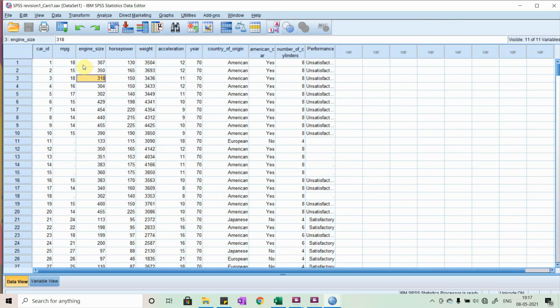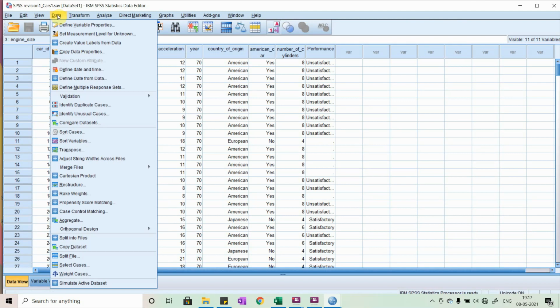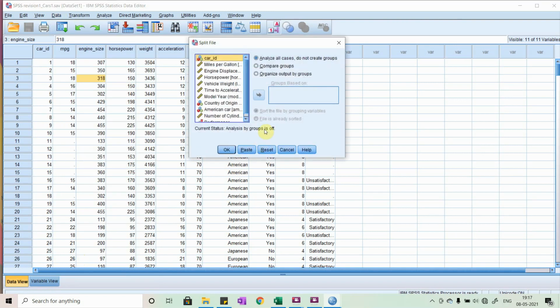And finally, now we will see how to do select cases. You go to Data, there is Select Cases. But before that, we will go to Split File. Once you have done the compare groups in the previous step, you need to open this again, go to Split File, and choose Analyze all cases, do not create groups.